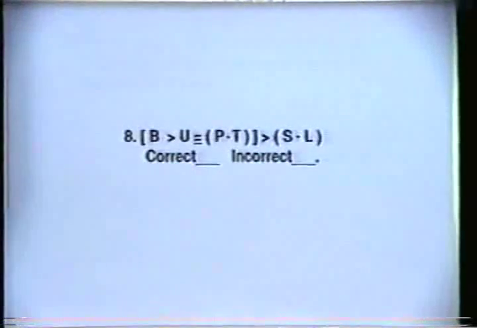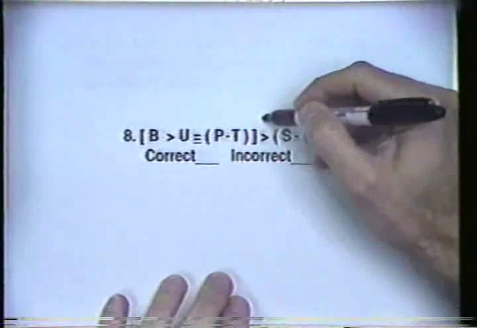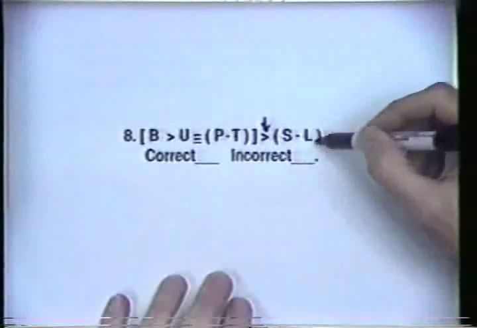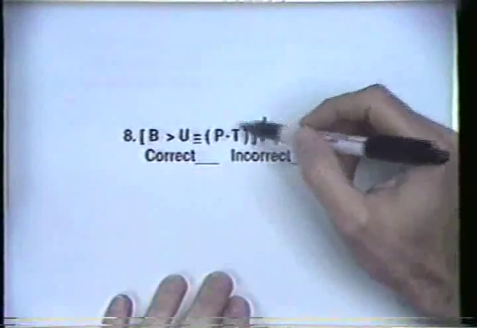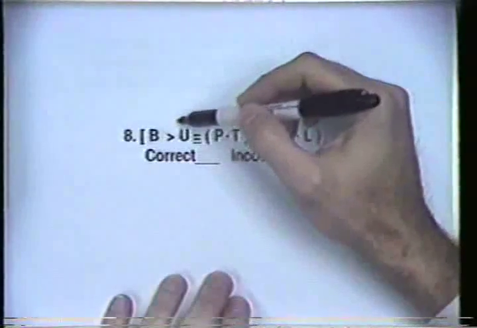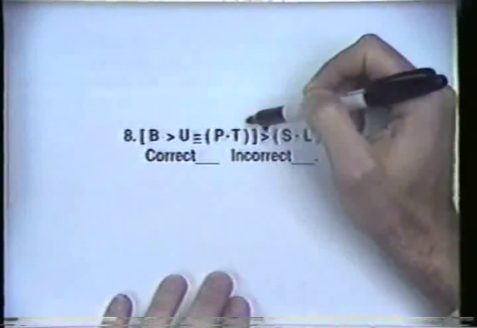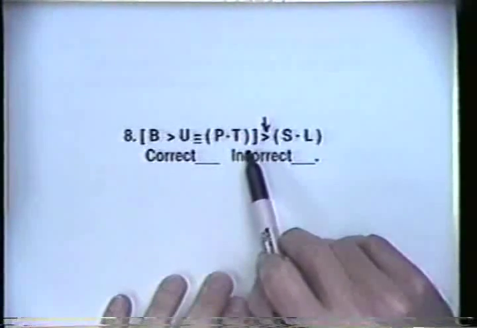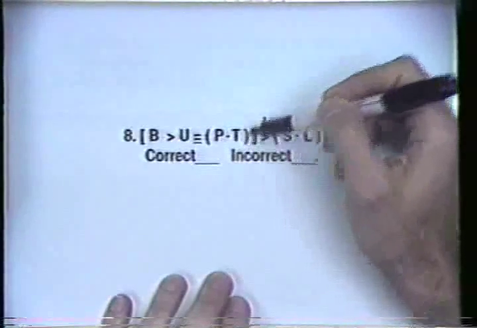8. Well, now notice that we have a conditional here. This is the main connective. And we've got a conjunction on the right-hand side, which is perfectly well formed. But if we look at what we have inside the brackets for the antecedent part, we'll notice that we don't really have enough parentheses to make this a clear sentence. In other words, ask yourself about the part that's in the brackets. What is the main connective? Well, you know it's not the and because that's inside this set of parentheses,